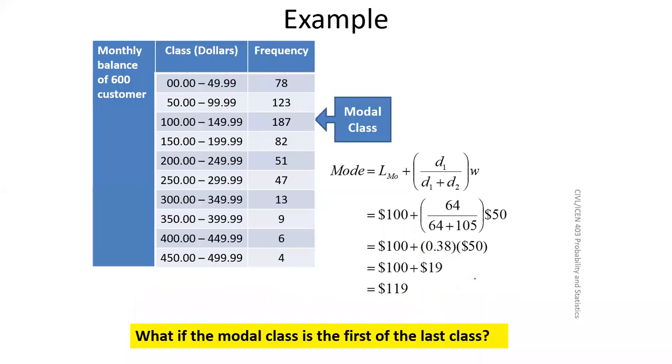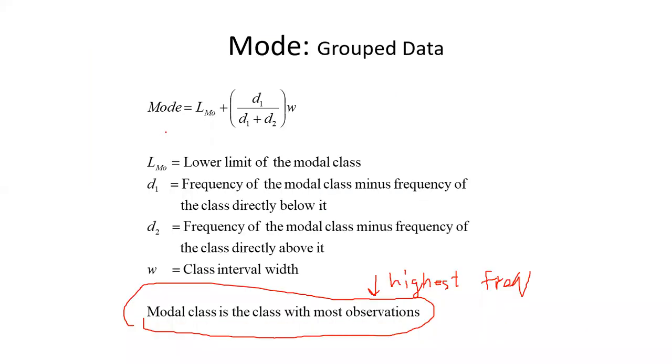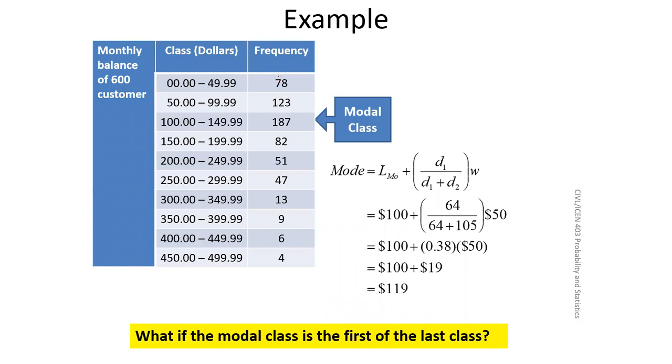So let me go to the same example again, the same example which we considered for mean and median. Now you see, I'm not looking at a cumulative frequency. I'm directly looking at the frequency which will be given to you. So this frequency is the highest one, the highest frequency. So this gives you the modal class. The modal class is also the same as the median class, because of course this is also a measure of center. So it has to be in the same class as well.